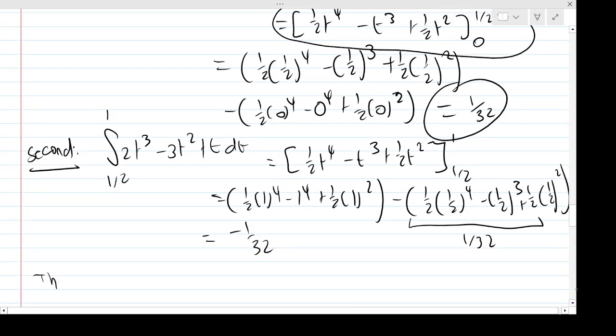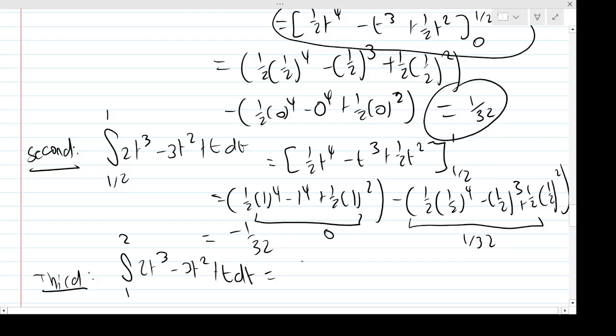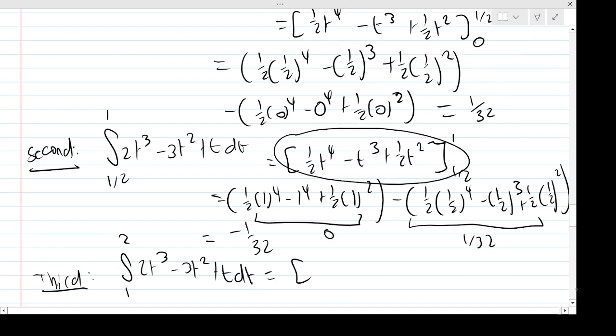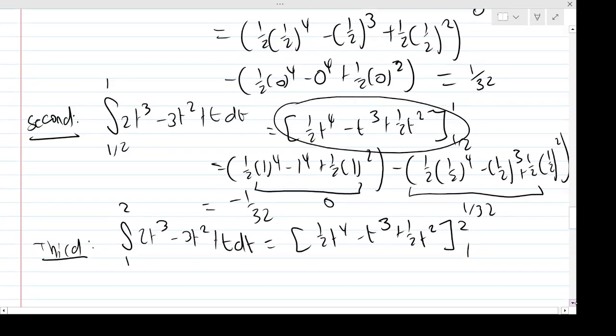Then the third one is between 1 to 2. And I make a note that's 0. Okay, so that's again the same velocity expression. So again, we know that integrates to a half t to the 4 minus t cubed plus a half t squared from 2 to 1. So if I plug in my limits,